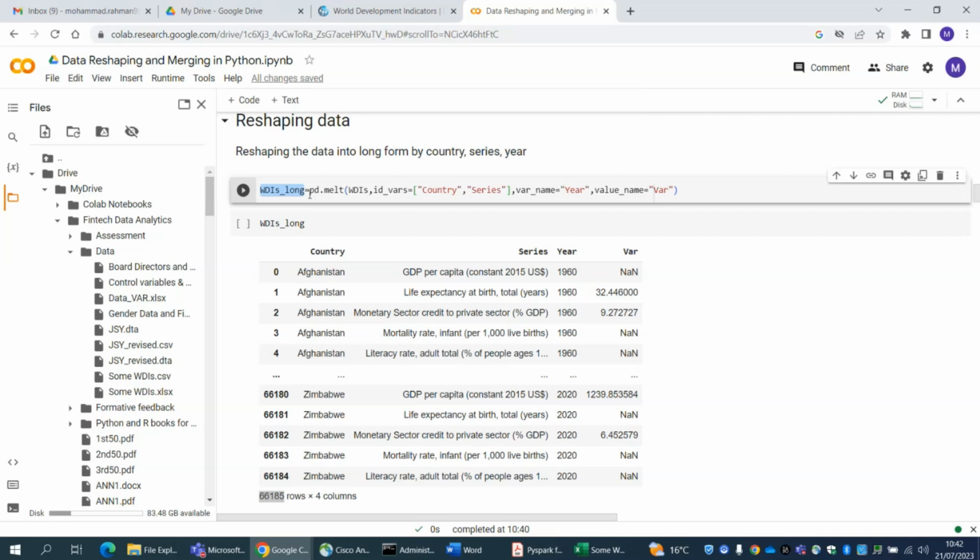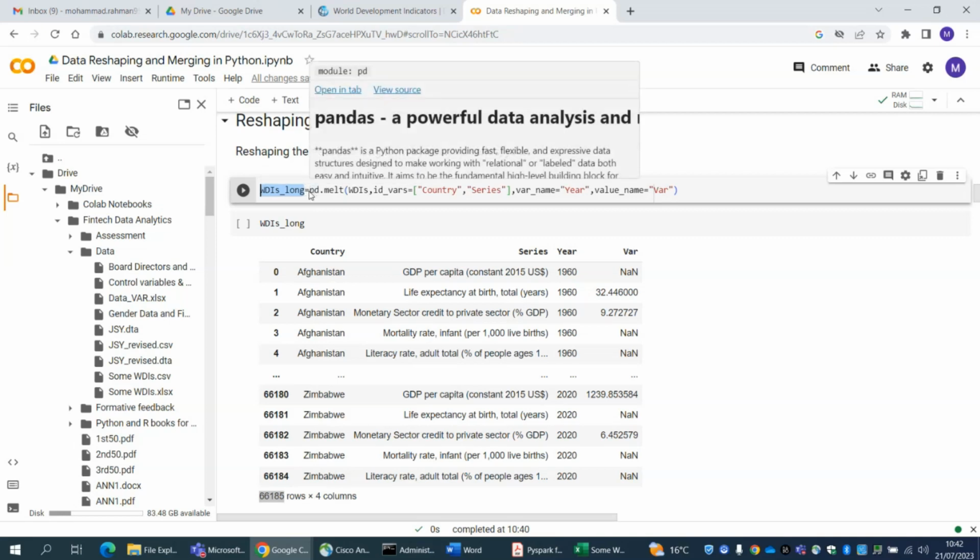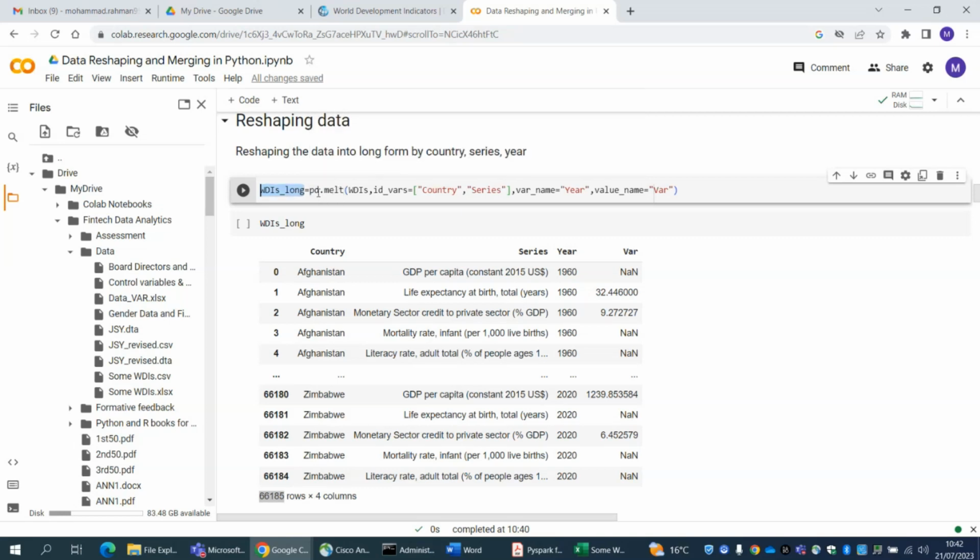Here you first need to give pd. Again, the reshaping command works under the pandas package. That's why you need pd, as I said. As I made it brief, you have to write pd. If you don't abbreviate it as pd, then you have to write the whole word pandas. So pd.melt. This is the part of the command. pd.melt. Then you have to write the original data frame name,